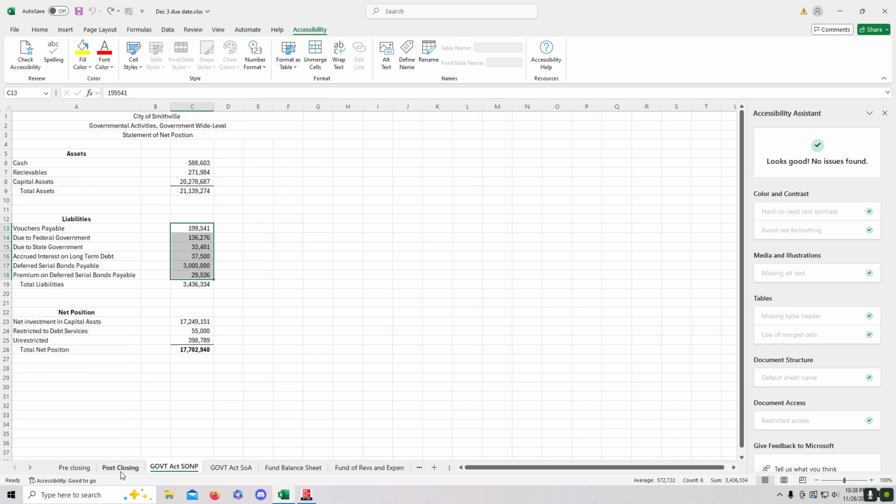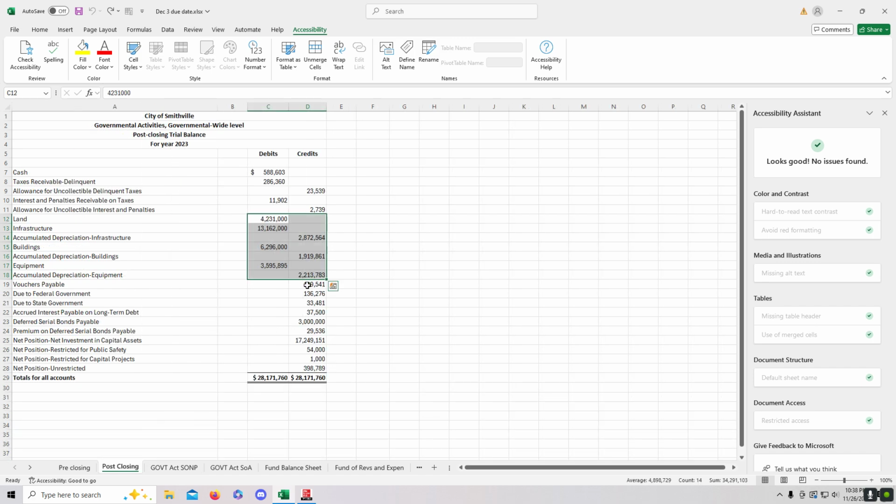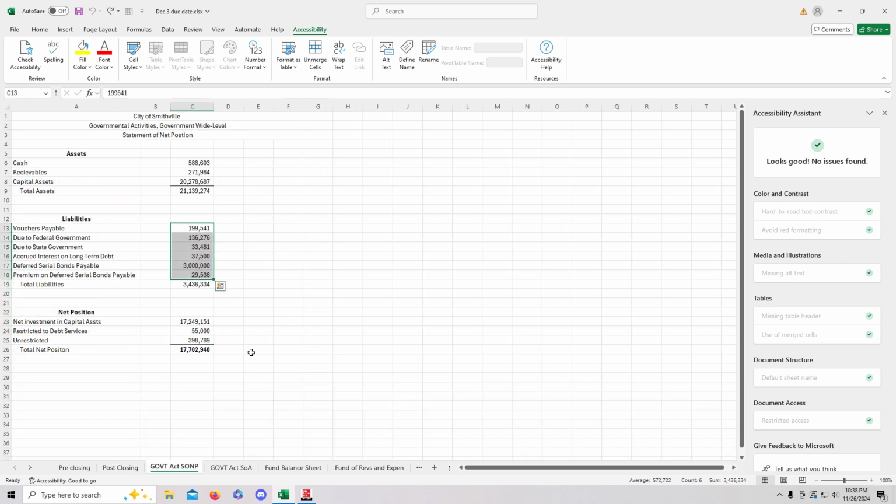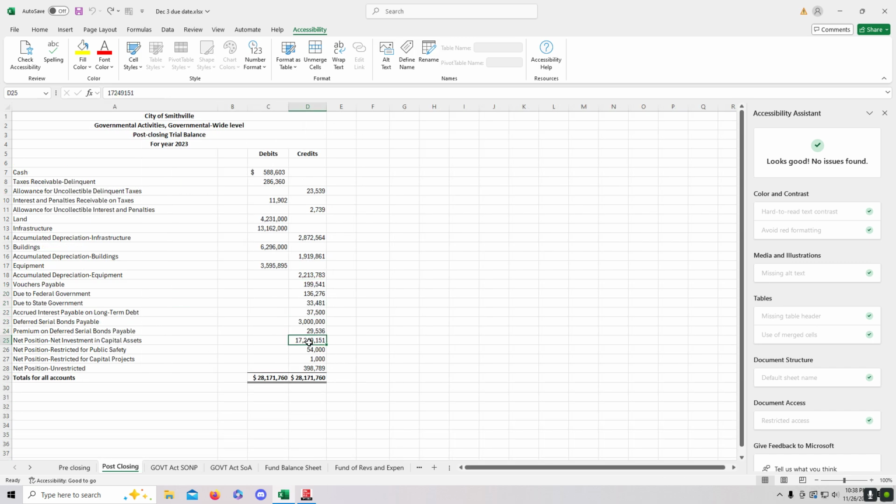These liabilities come from these liabilities right here. Then we sum it all together to get this total liabilities, and we sum these two together to get the total assets. For the net position, net investment in capital assets, this number is 17 million and so on, comes from